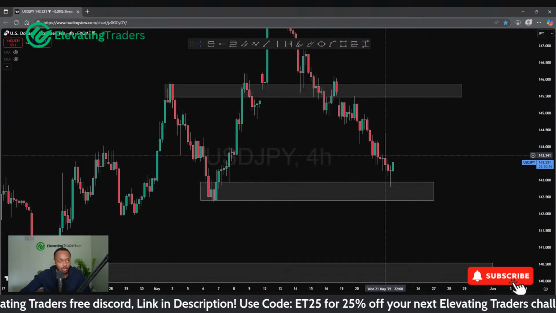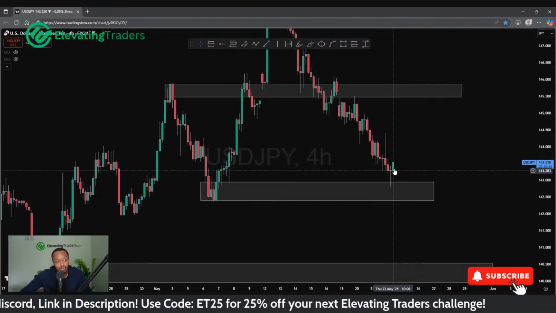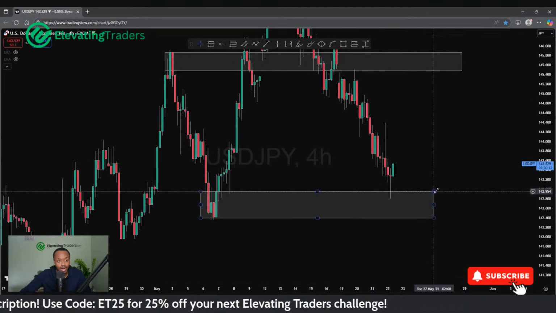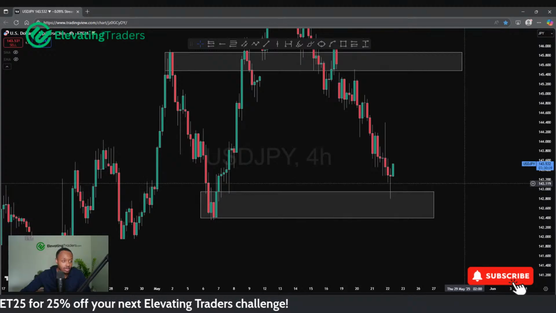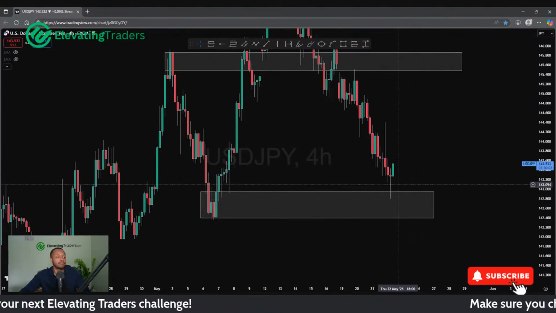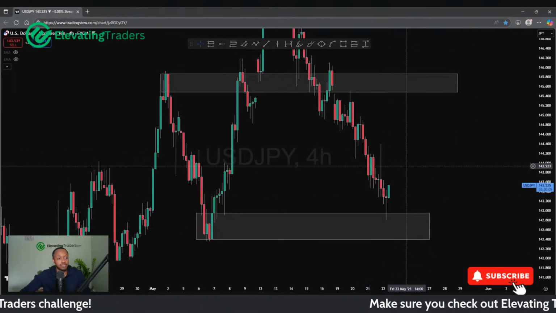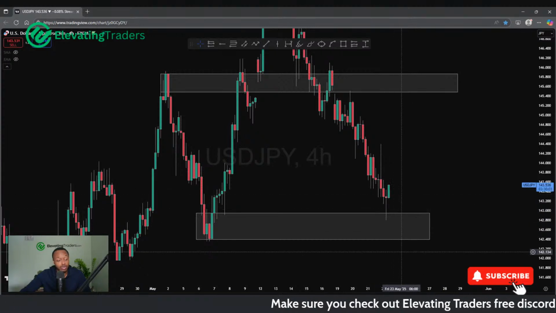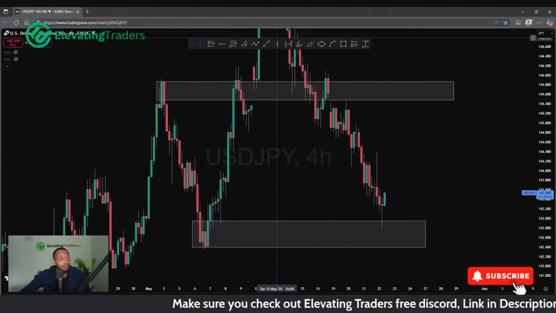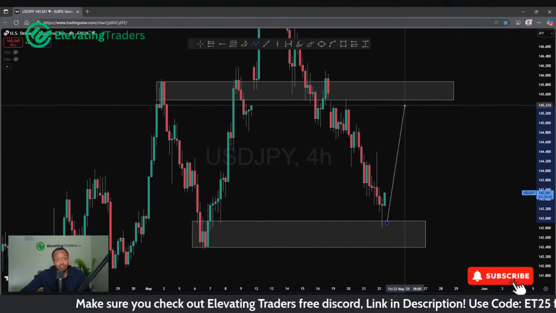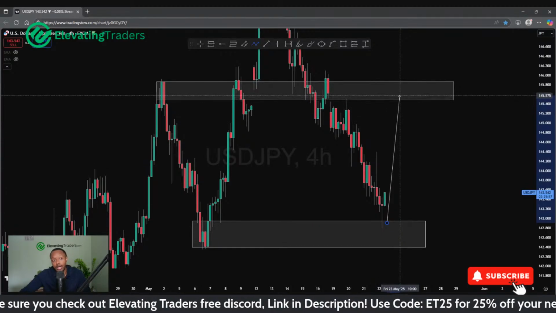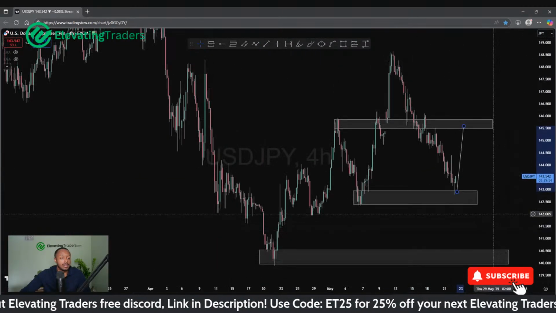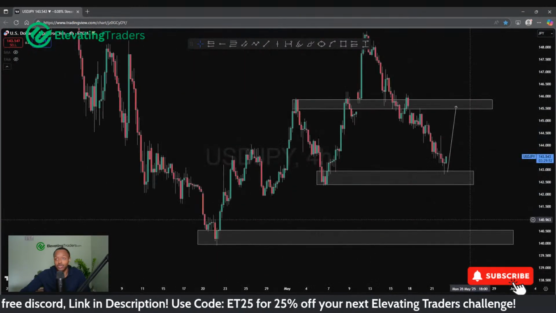Let's say if we get a strong close in the 4-hour candle, I mean, this current bullish 4-hour candle still has 3 hours and 30 minutes before it does close, so a lot can happen in that time. But let's say if we do get a strong close there, I think that could be a nice entry signal for the trade. Stops below the low, and hopefully take advantage of a swing back into 145,500. I think that buy opportunity still makes sense there.